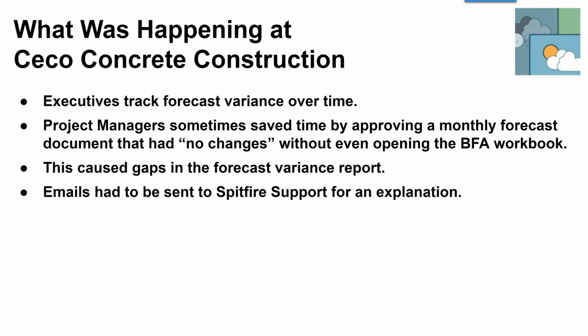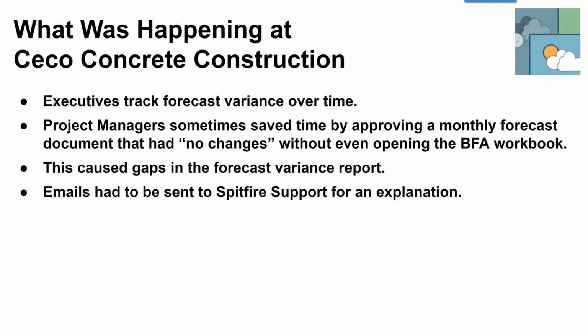Well, in that scenario, some project managers figured out that they could just set the forecast document to approval without even opening BFA. The thing about doing that is that unless you open BFA, there is actually no project financial snapshot taken. So we didn't have the point in time data that was necessary to drive Seco's construction's